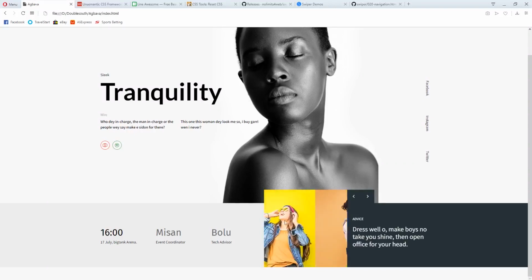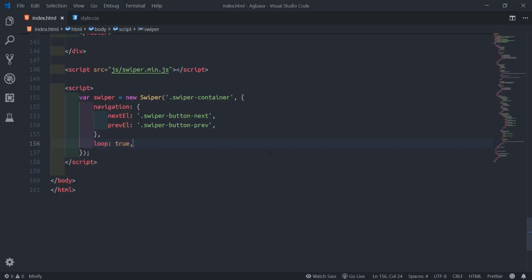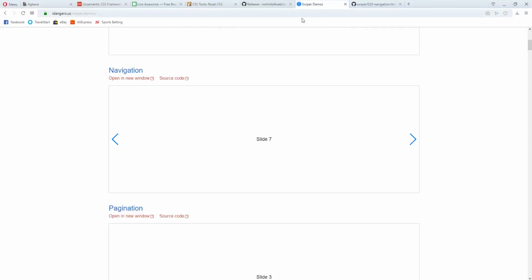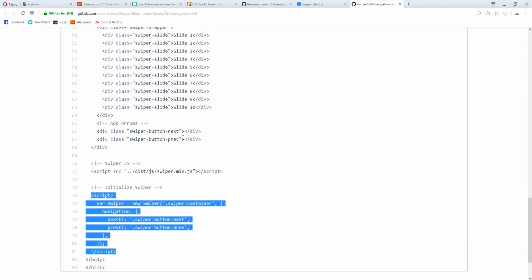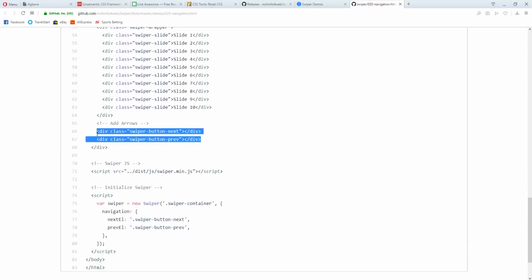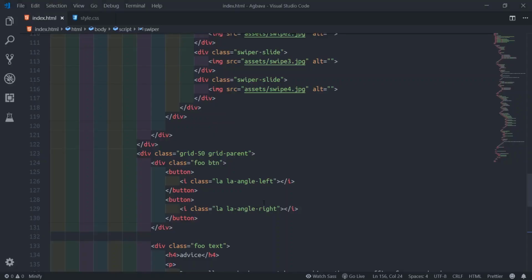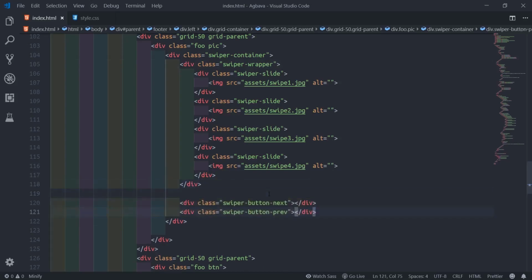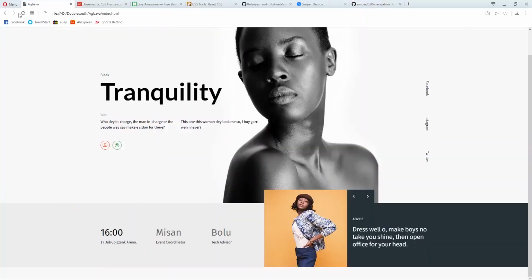So I want it such that if we click on here, this one with the control. If I go back to the code, if you see that demo, they put these 2 buttons here. So this swiper button like this. Let me just copy the button and put it on. After the swiper slide, not inside, after this wrapper, because I'm still inside the swiper container. So I'll put it there like this.